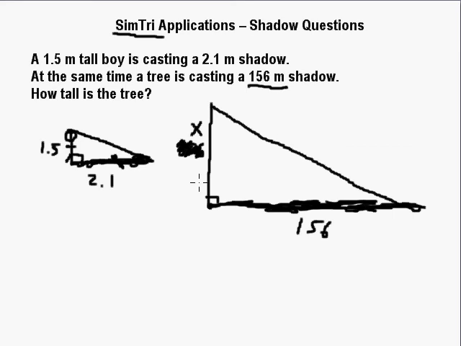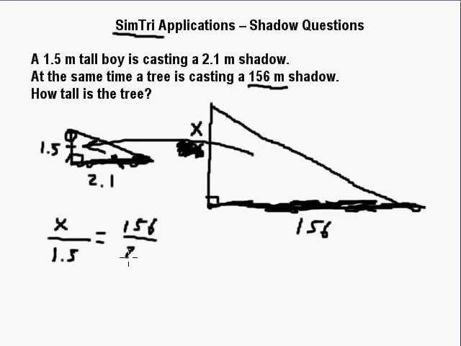Now, to solve it. So this is how your shadow question is set up. You have two objects which create two triangles. Label your numbers, put your X down there, and then solve it. So might as well solve it. X goes over up top of its corresponding side. The height corresponds to the height, so this goes over 1.5. That is going to equal, okay, so I went big triangle over little triangle, so I have to do that again. Big triangle over little triangle. And then I cross multiply. So multiply that up there. If you don't understand how I'm solving these things, then go back and look at the other videos. And that is equal to